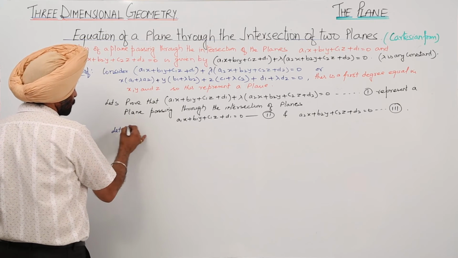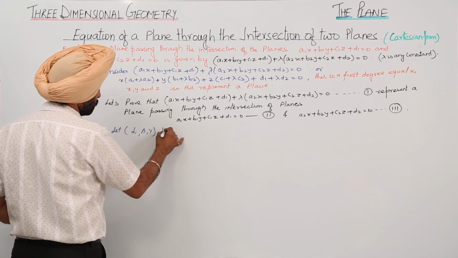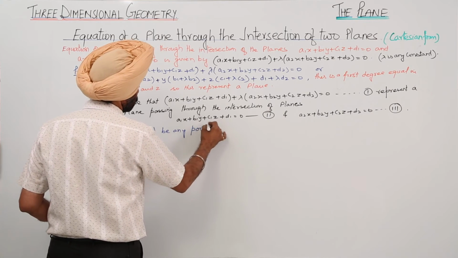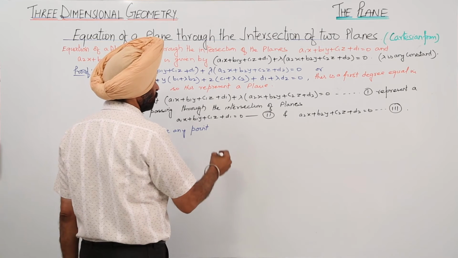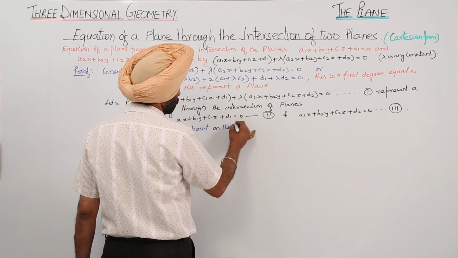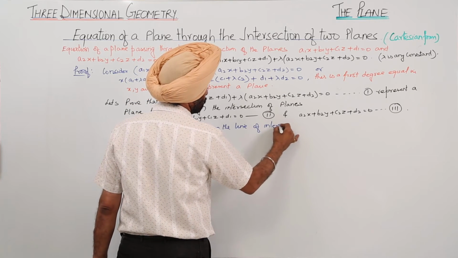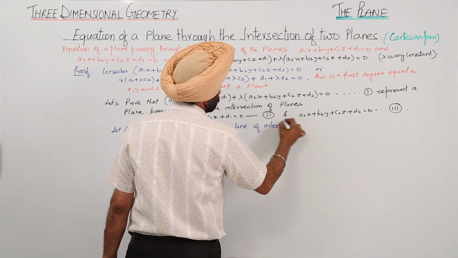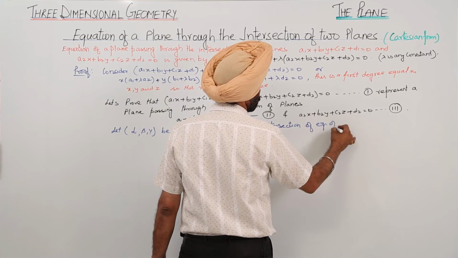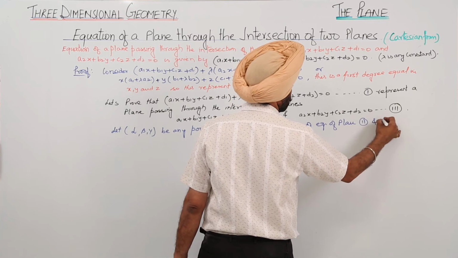Any point means, let's take a coordinate, let alpha, beta, gamma be any point on the line of intersection of the equation of the plane second and third,